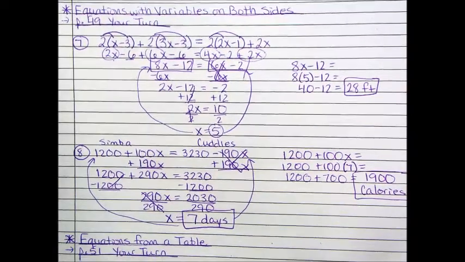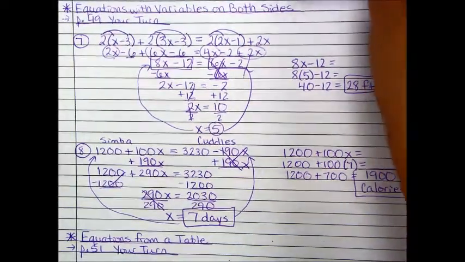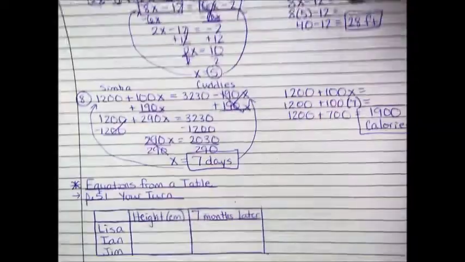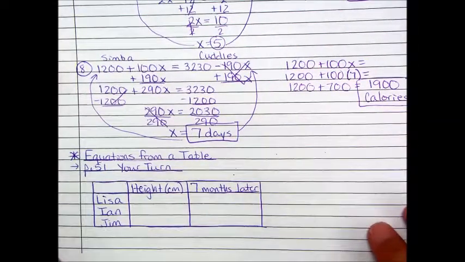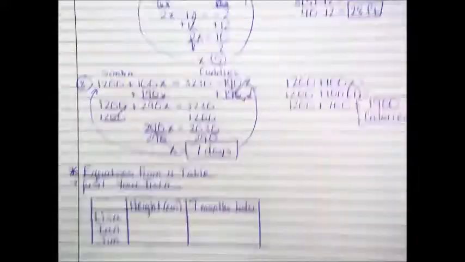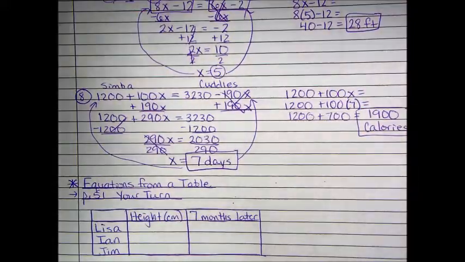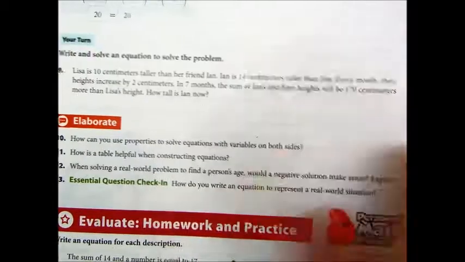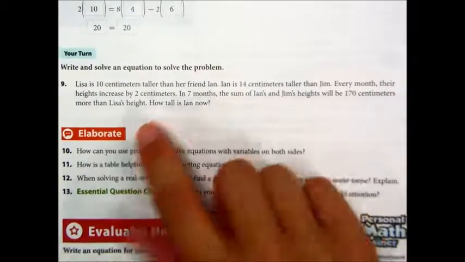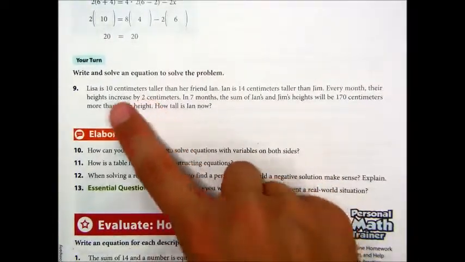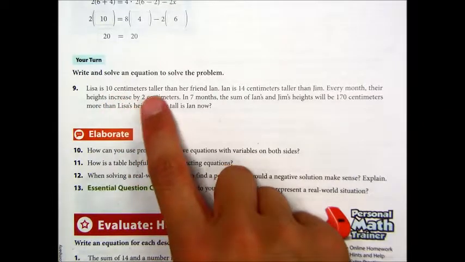All right, last but not least, sometimes we get to a point where there is so much information in a problem that it is helpful to organize it into a table. So we're going to take a look at the problem on page 51 to get an idea of when this would be useful. Okay, in problem number 9 on page 51, it says Lisa is 10 centimeters taller than her